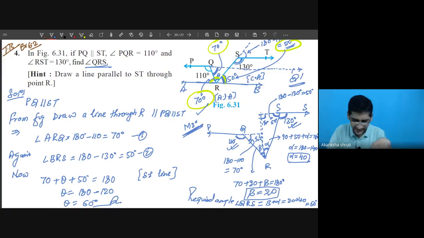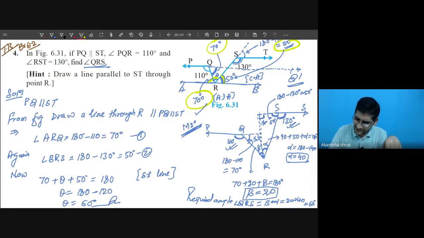Student, this line that I have taken is not a bisector. Rather, on the left hand side there is beta and on the right hand side there is alpha. These two are different. So we have to first calculate alpha and beta. Then the required angle, angle QRS, is alpha plus beta. Okay, student? It was this way. So this is our second method. You can do it by this method also. All the methods are equally easy. So you have to develop the skill of how to think.